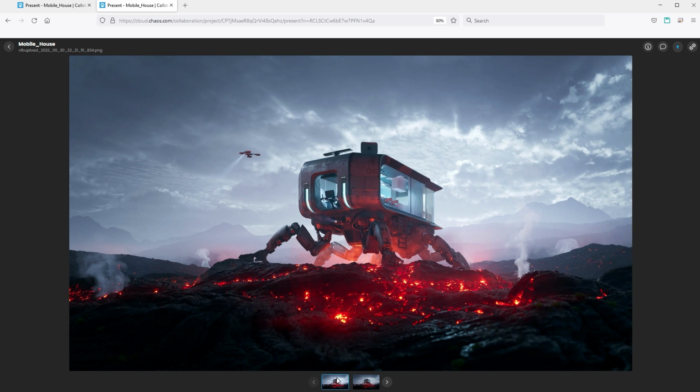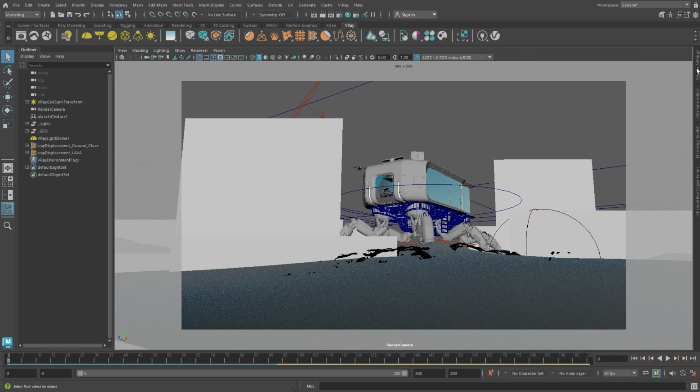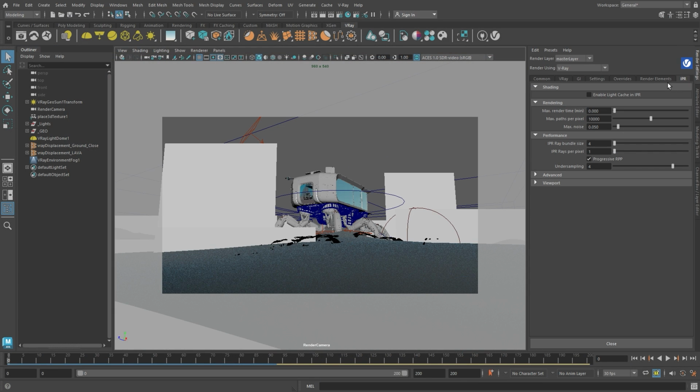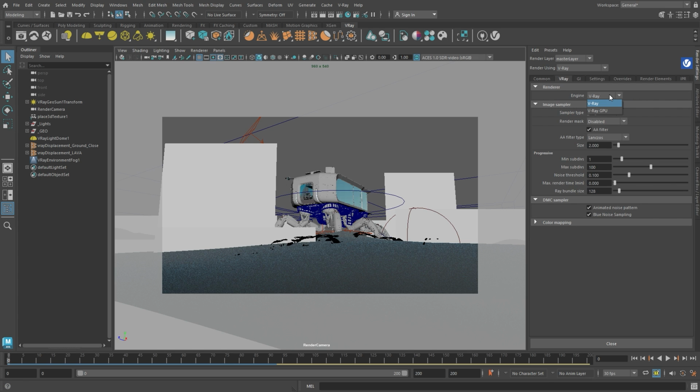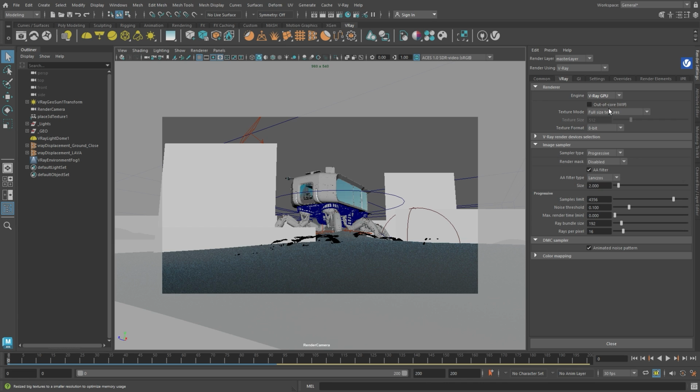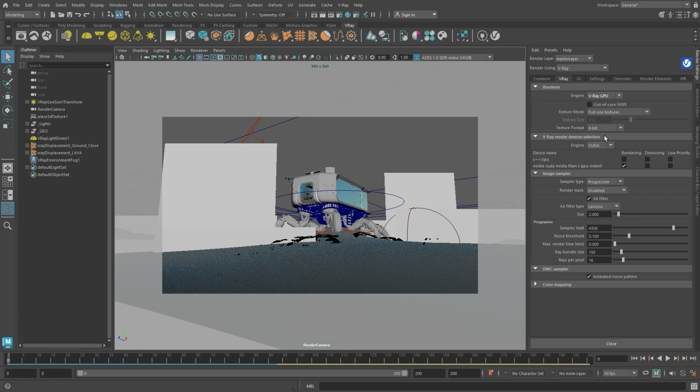Finally, I just want to mention some quality of life improvements in V-Ray 6 for Maya. First off, we now have light cache in the IPR. So now the output of the V-Ray interactive production render is identical to the production render. In this release, V-Ray GPU has faster light cache and a new device selector that allows you to assign devices to tasks that are available.